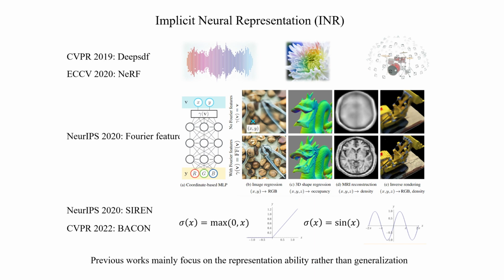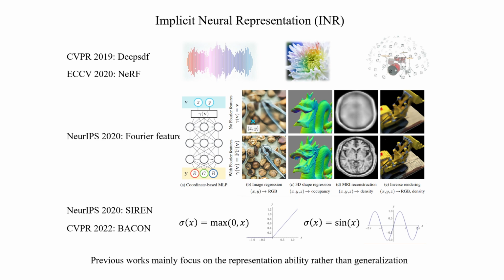Furthermore, the work published at CVPR 2022 restricted the weights of each sine function in each layer to control the frequency band of signal representation. However, these works have focused on the representational power of the signals. Our research has found that although these improvements greatly improve the representational power, the improvement in generalization performance is limited, and generalization is precisely what we are more concerned about in